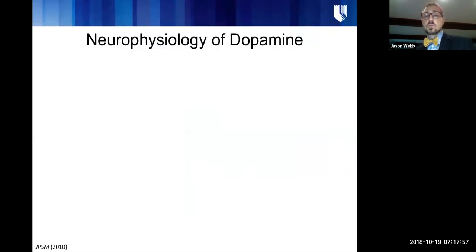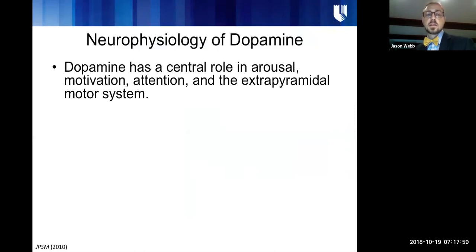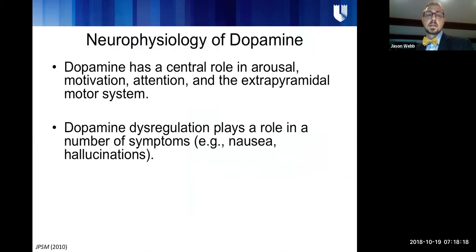So this is a molecule of dopamine. Dopamine plays a huge role in our neurophysiology. In particular, it has a lot to do with motivation. It's the reason why we like chocolate. It's the reason why we can pay attention and focus on things. We can become hyper-aroused and psychotic if this gets into excess. It plays into our motor system. It's why if we deplete this, people develop things like Parkinsonism, for example, with extrapyramidal symptoms.